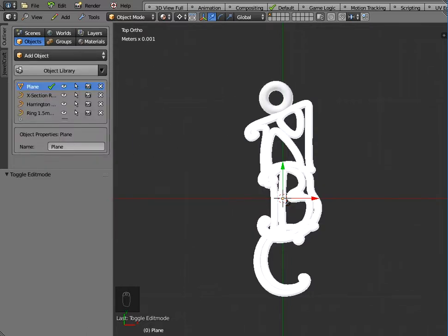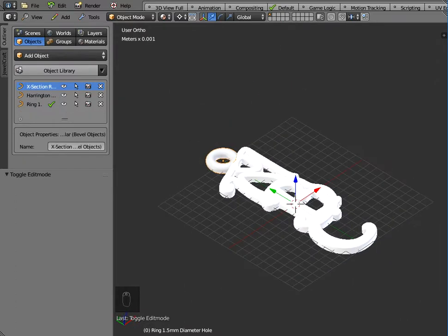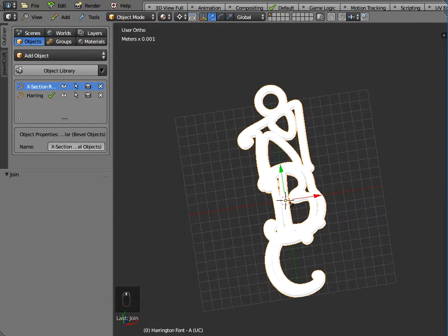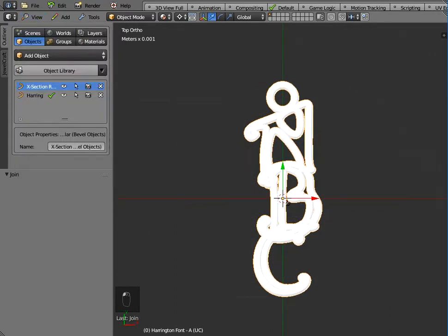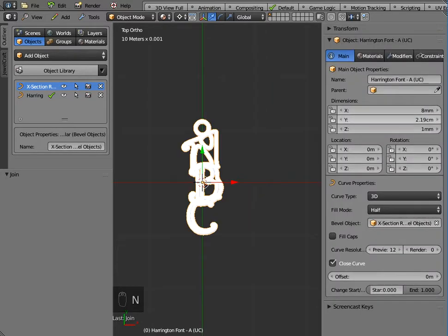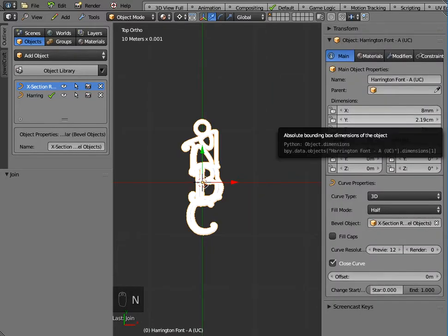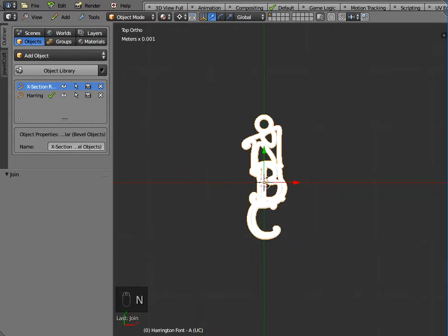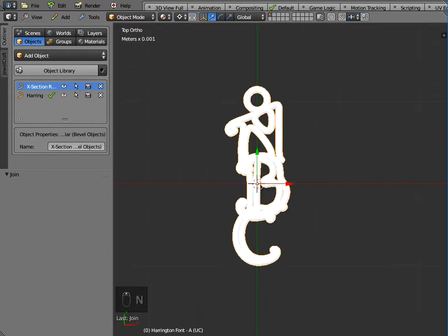So we just click OK and place that so that it's overlapping, and then hold down the Shift key, highlight ABC, go to Tools, Object Tools, and Join. So there's my earring now, and I know what the dimensions of it are. It's about 2.19 centimeters, 22 millimeters,